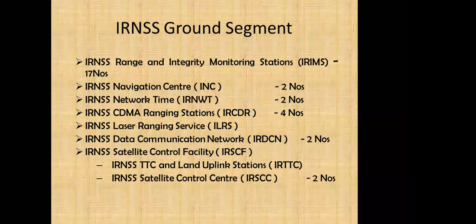Then we have the CDMA ranging stations. There are 4 CDMA ranging stations, and we are going to set up 2 more CDMA ranging stations for better orbital accuracy. We have hired laser ranging stations from international agencies, but laser ranging stations have their own drawbacks: they do not provide data during the daytime, and they do not provide data during cloudy weather. So we are going to establish laser ranging stations, but currently we are getting support from the international agency only